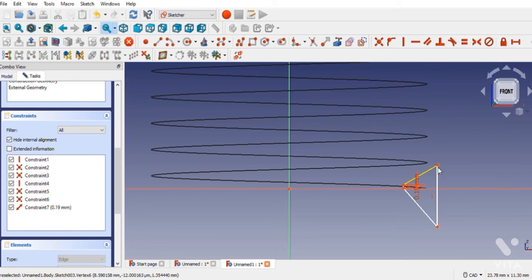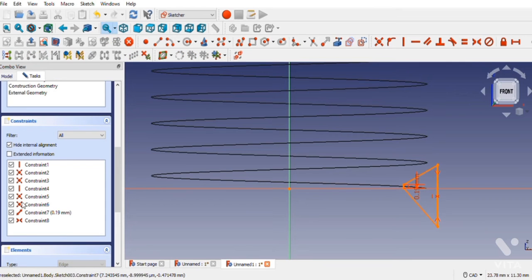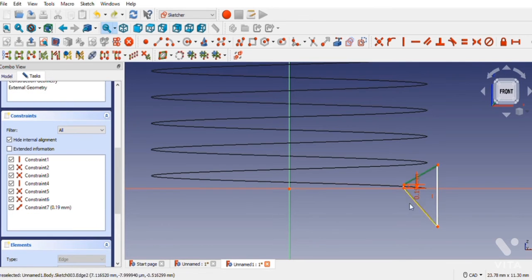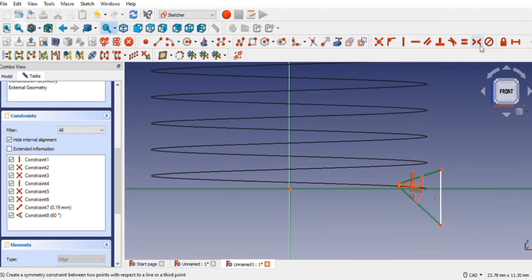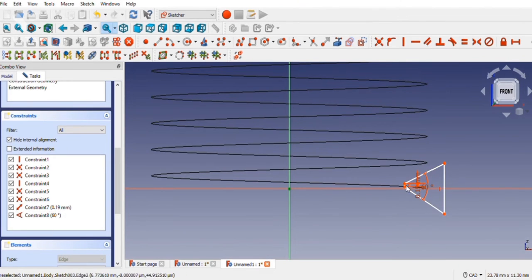I made it symmetric at the end of the helix with respect to the x-axis, and then I made the distance between the shortest non-parallel side 0.19 mm. Then I made the angle between the non-parallel sides 60 degrees, and I removed some conflicting constraints